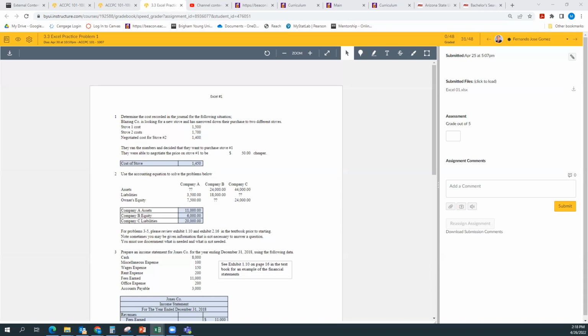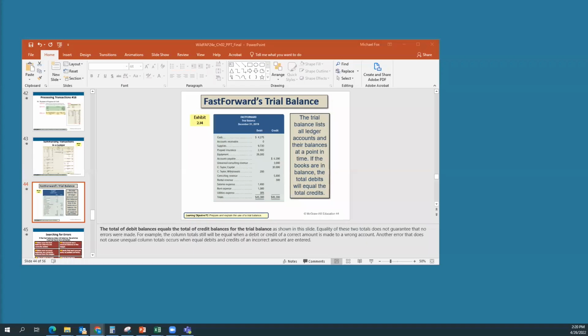All right, on this next one, they want for us to prepare an income statement. And so I'll show you again how we can set this up. And so it gives you a little hint over here, right? It says if you want to, you can look on exhibit 1.10 on page 16 in the textbook for an example of the financial statements. So I'm actually going to bring that up. So I'm going to pause this video a second, bring it up just so you can see what they're referring you to there. All right, here I've brought up page 16 from the course textbook,